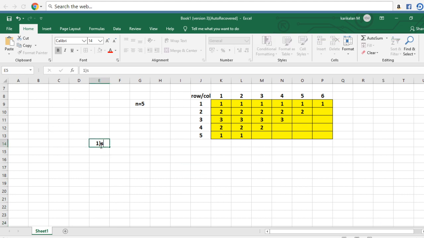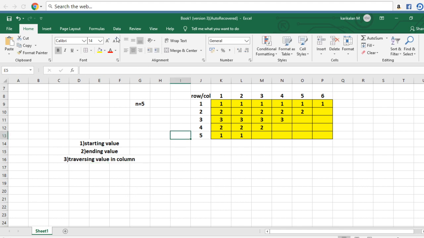First one is the starting value, the second important thing is the ending value, and the third one is the traversing value in the column. These three things are very, very important if you are going to solve a pattern.